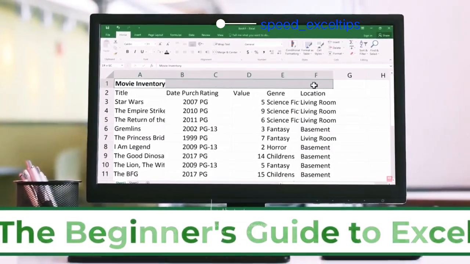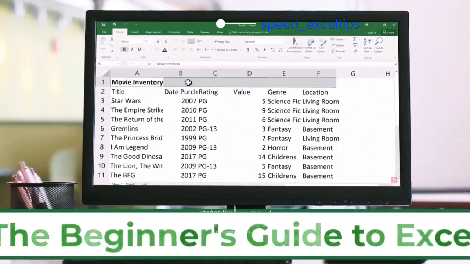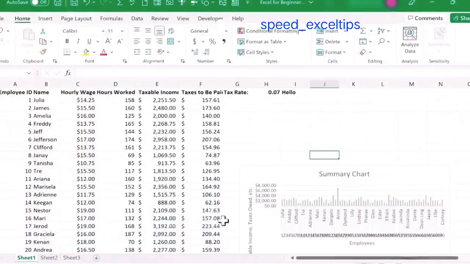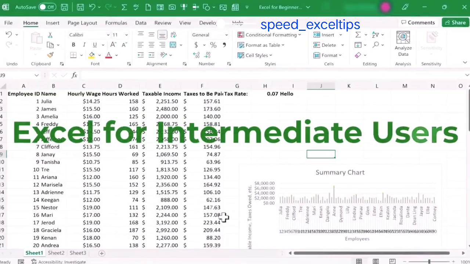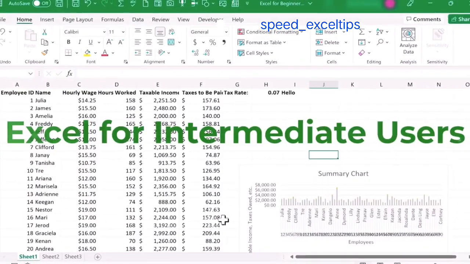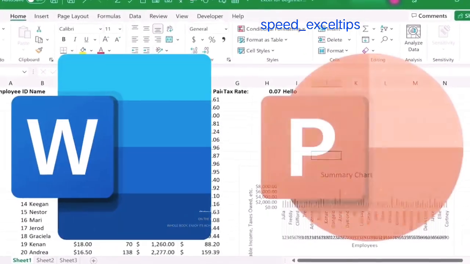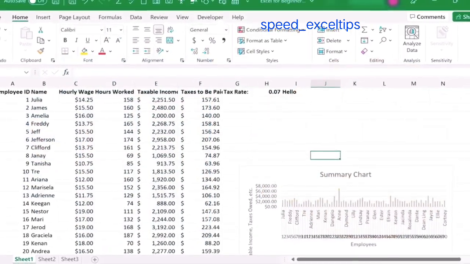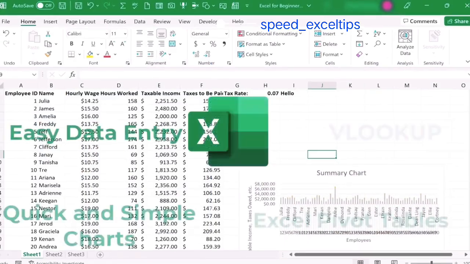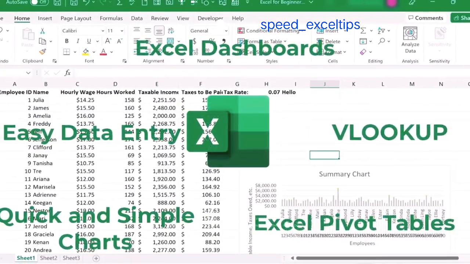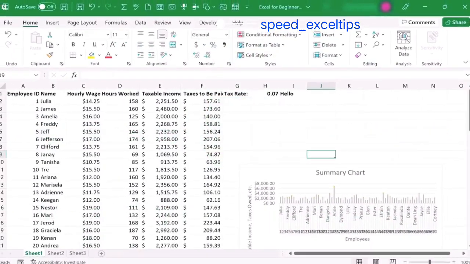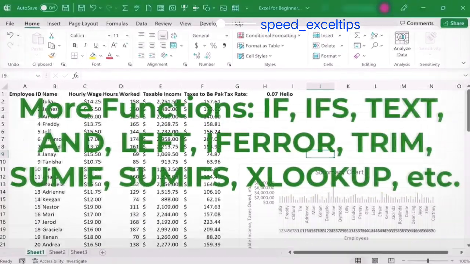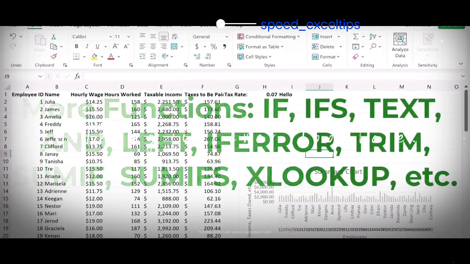If you're ready to take your next step in your Excel journey, I recommend that you next watch my Beginner's Guide to Microsoft Excel. You may have already seen that, but if you haven't, it's important to watch that video because it is a nice short overview of some of the basics that you've seen here, but also with some additional new content. In the future, I also will create a video called Excel for Intermediate Users, the full course, so watch for that video to extend your learning even further. And if you're interested in Microsoft Word and PowerPoint, I will be adding full course videos for both of those great tools as well. So I look forward to you joining me on this journey. And then also, I want you to know that I have dozens and dozens of other Excel videos that are deep dives into each of the important aspects of Microsoft Excel. So you can learn all about